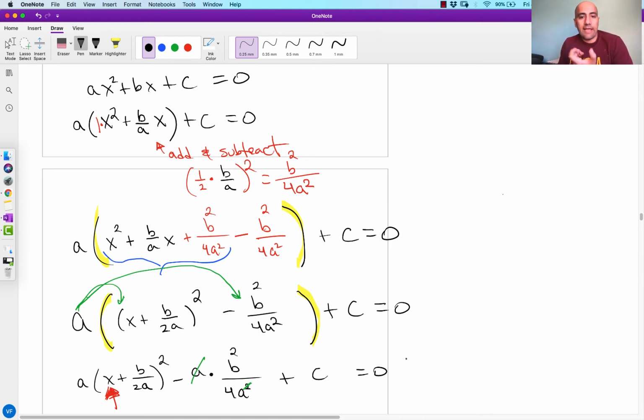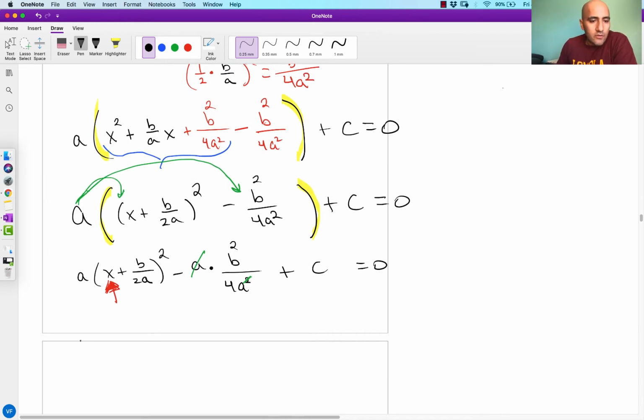Okay, so next I want to move this fraction to the other side and move this constant to the other side. And I'm using this language of move it, right? But really I want to cancel it by adding or subtracting the perfect value. So let's make a little space here. So this is going to be equal to a parentheses x plus b over 2a squared minus b squared over 4a plus c equals 0, and this is then going to be equal to